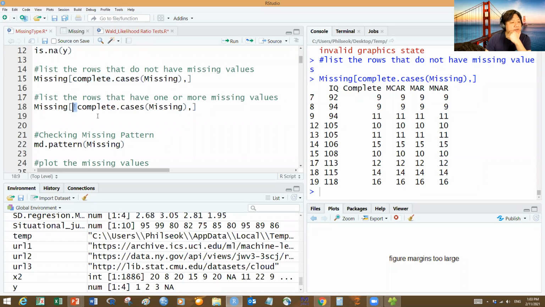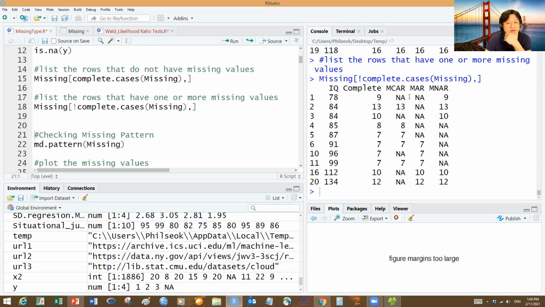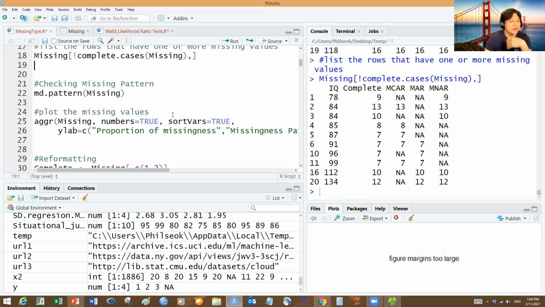Also, if you put an exclamation mark, that means it's the opposite, okay? So you want only missing cases in this case. Complete cases, if your data set is not complete, if that is true, please return. Okay, so run it. And now you have all the missing cases here, right? So this is missing. And then now you can check the missing pattern using the md.pattern function. So if you run it,